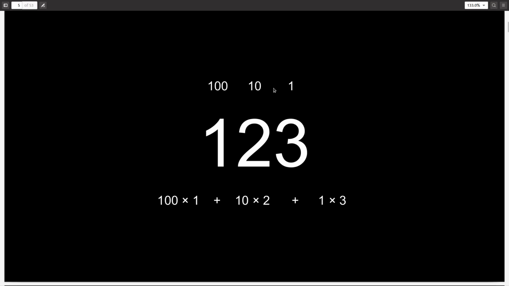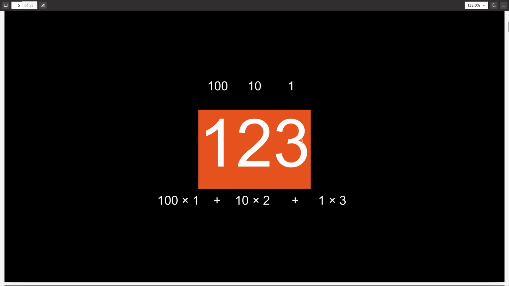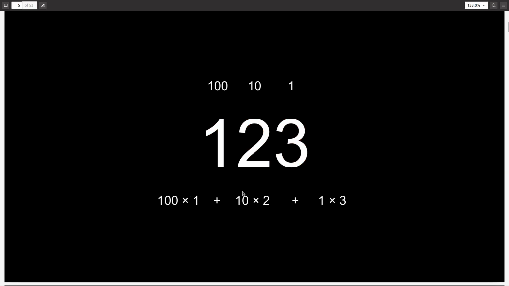That is because you multiply the ones place by 1, the tens place by 10, and the hundreds place by 100. So when you break down the number 123, you get 100 into 1 plus 10 into 2 plus 1 into 3, which gives you 123.